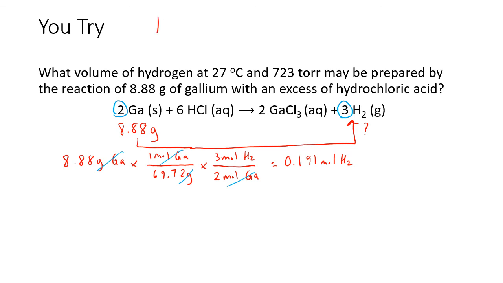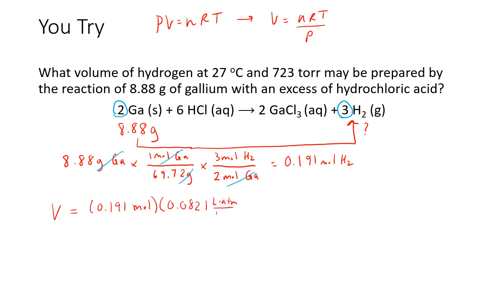Taking our ideal gas law, PV equals nRT, and rearranging for the volume, volume will equal nRT divided by the pressure. We will just have to make sure to convert everything to the correct units. N is our number of moles that we just calculated, 0.191 moles of hydrogen gas, times R, 0.0821, times our temperature. We had 27 degrees Celsius, which if we add 273, that'll be 300 Kelvin,